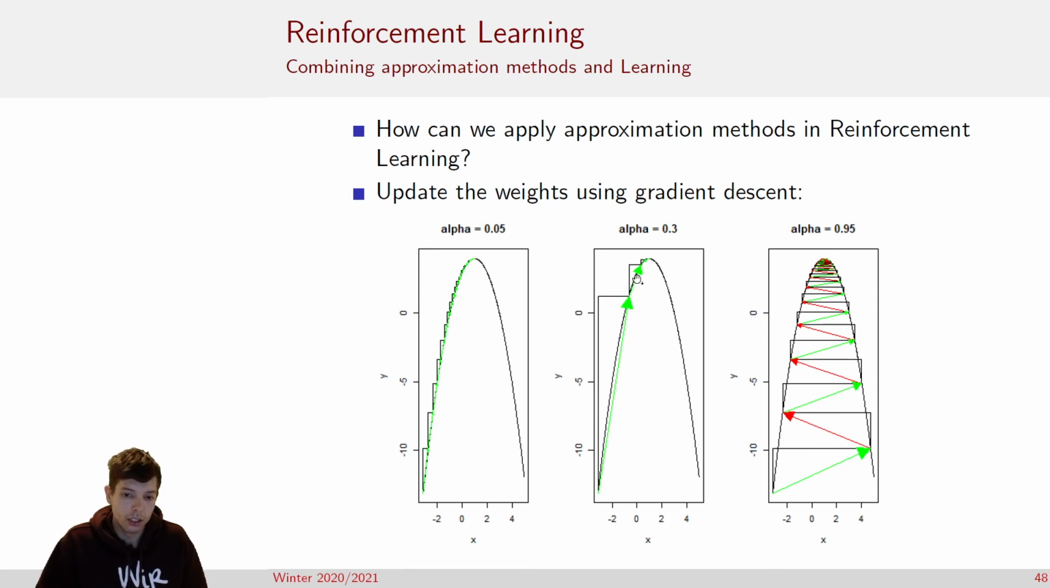Then we make a little smaller step and another little smaller step, and after roughly 4 or 5 steps, we are at the maximum of this function without having overshot the maximum here. So finding a good learning rate alpha is important for this simple task here, and it's actually